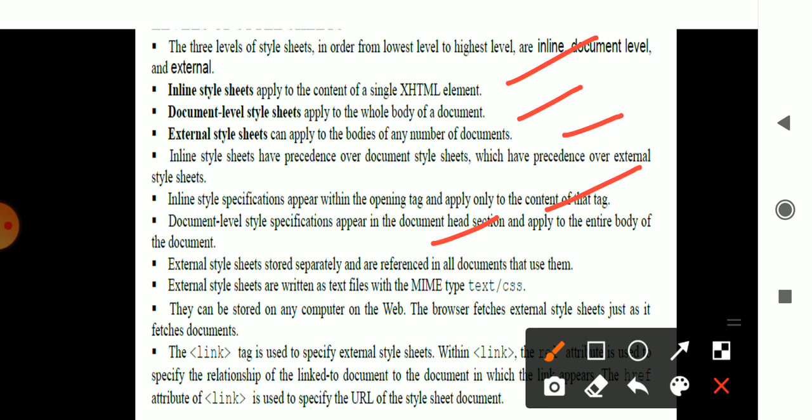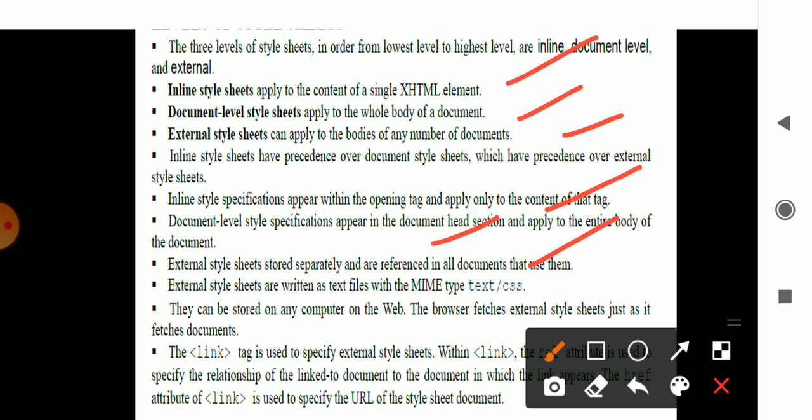Okay, and external style sheets are nothing but I'll be using a file which mentions the style of the line, which is given in a different file. Two files are considered. One file will have a link to the other file, which will help you demonstrate the whole content, how it has to be represented. That is represented in a different file. That is said to be an external style sheet. I will completely explain it through an example in the next slides.